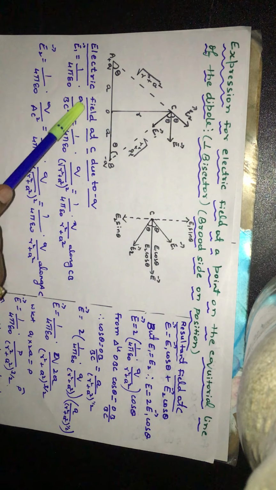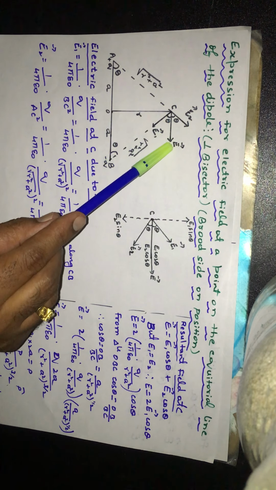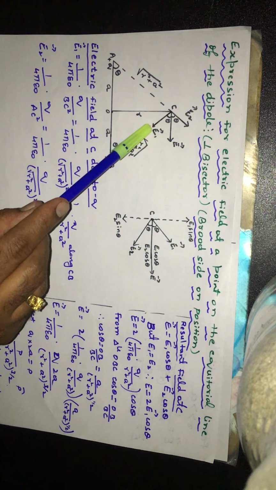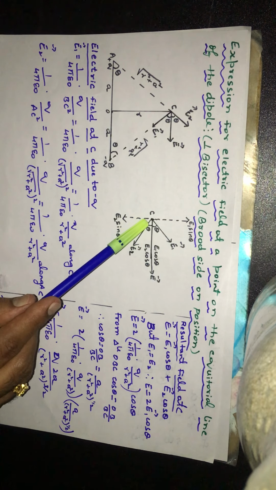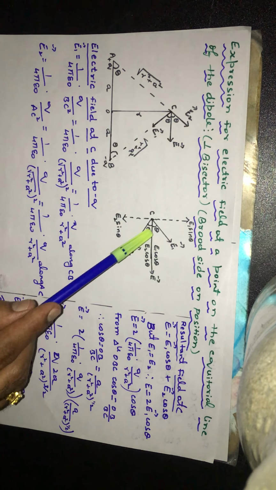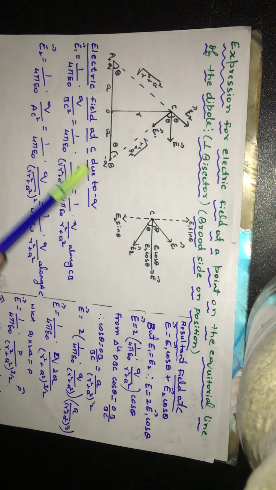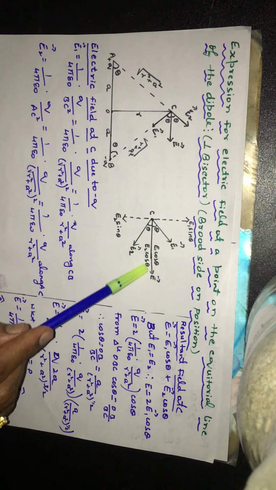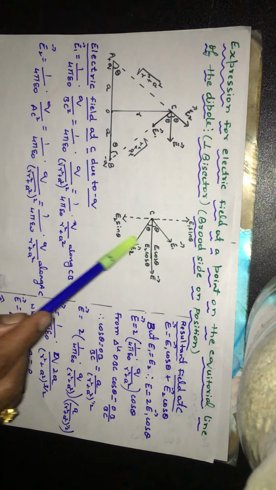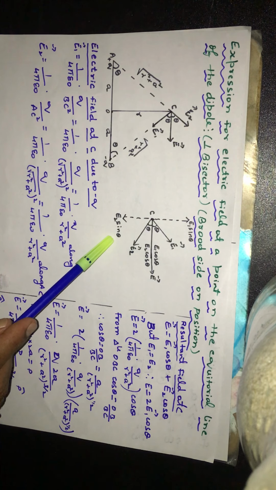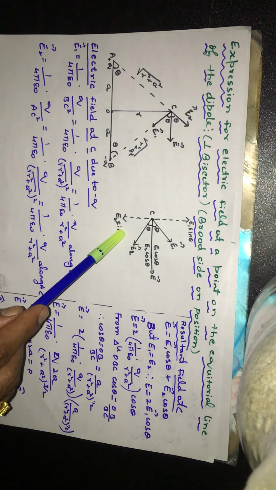Since E1 and E2 are equal in magnitude, the resultant E will be exactly between E1 and E2. So the angle between E2 and E will be theta, and E1 and E would also be theta. So now if you think of resolving E1, since here you have theta, E1 cos theta will be in this direction, E1 sin theta will be in this direction. Similarly, if you resolve E2, cos theta will be in this direction and E2 sin theta will be in this direction. Observe, E1 sin theta and E2 sin theta are equal in magnitude. They are acting along the same straight line but in opposite directions. Hence, they get cancelled away.